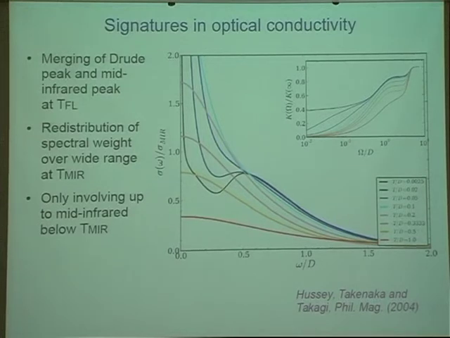Okay? So now we see that up to that temperature, this is the integrated optical conductivity. We see that up to temperatures here, maybe this blue line, essentially all the action as far as spectral weight transfer is concerned happens below this mid-infrared region. And then as I go to higher temperatures, somewhere in the middle of my resilient quasi-particle regime, spectral transfer happens on the whole scale. This is what you can see here. Starting from some temperature, I start deviating in my mid-infrared, and I start having spectral weight transfer over a much wider energy scale.